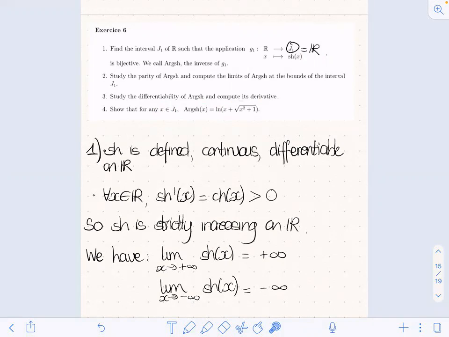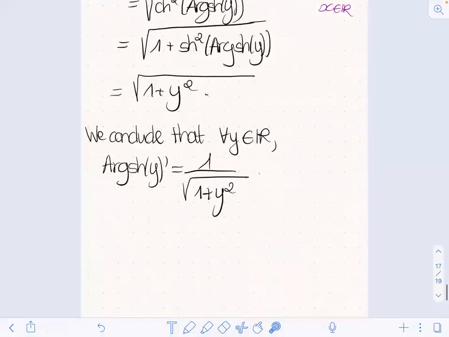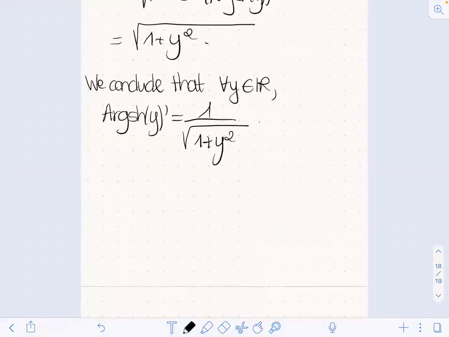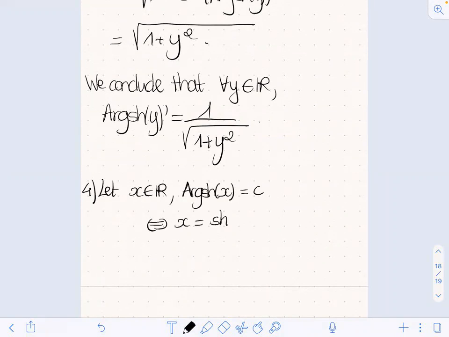So what we're going to work with is the definition of the inverse, and in particular use the fact that it's the inverse of a function with lots of exponentials in it. So if we let x in R,